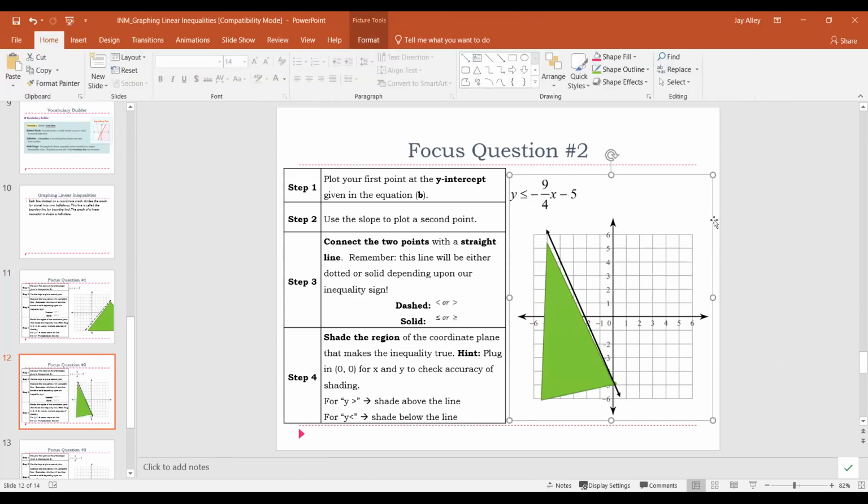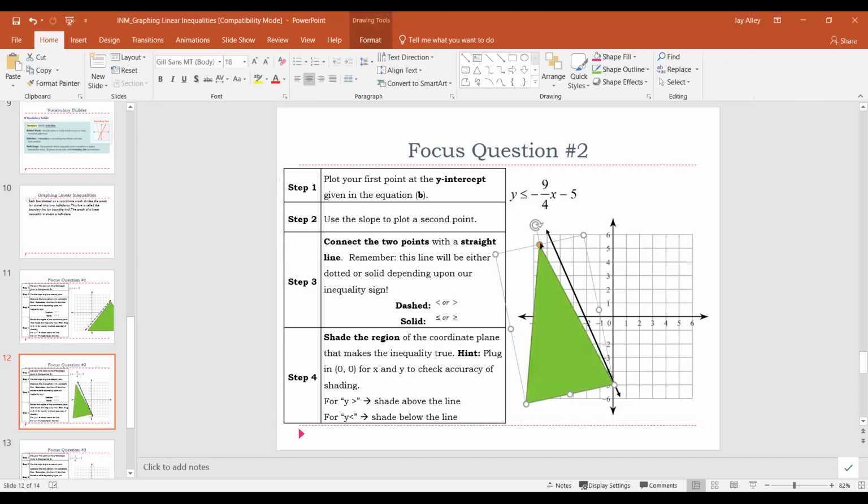Below the line. So any point that I would put in this green area, however large I make it, any point I put in that green area is going to be considered a solution. Even points that are off the graph, those still would be part of the solution. Well, if it happens, the equality sign, whatever falls on the line would be part of the solution as well,